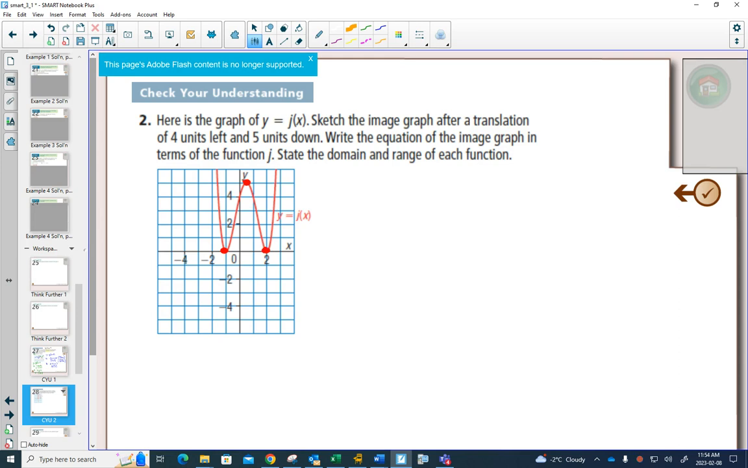I'm going to take them, move them 4 units to the left. 1, 2, 3, 4, and 5 down. 1, 2, 3, 4, 5. 1, 2, 3, 4. And draw where those points are. And then